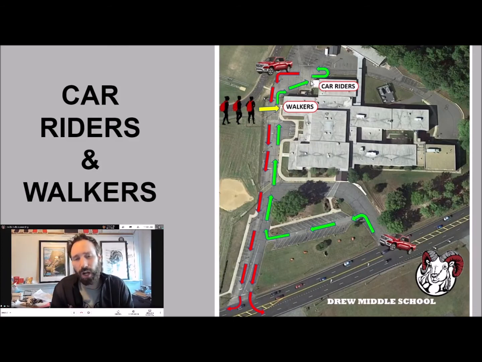You'll get out of the car, and as you're standing by the car, somebody will have a thermometer, and we'll check your temperature, make sure it's good, and then you'll come into the building, and then you'll go to your first block class, your 1X or 1Y based on the day, okay? But as you see, we've got 4 entrances and exits we're using to help keep people separated as best we can, okay? So car riders would come in through the cafeteria.